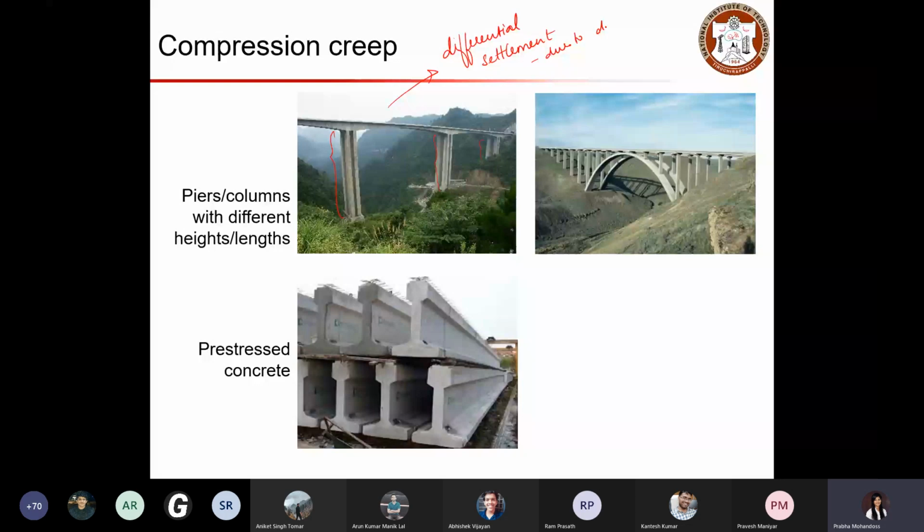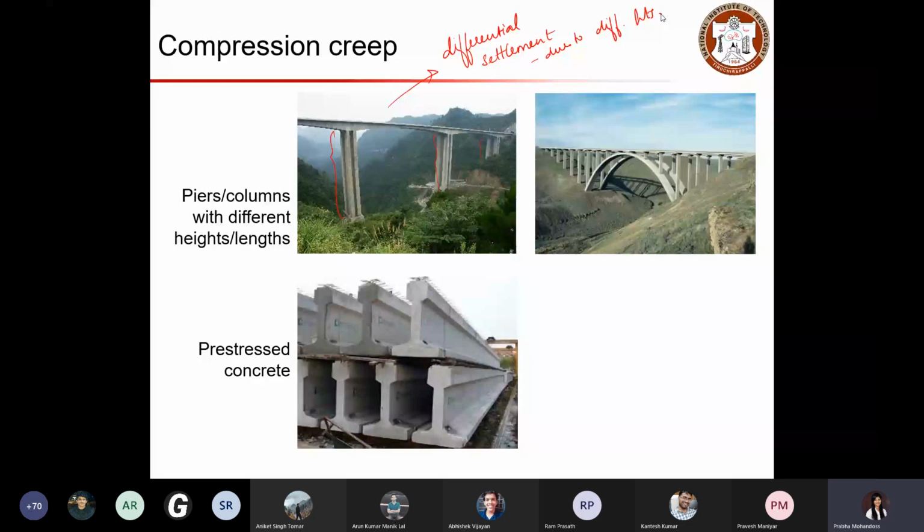When the vehicle is passing, you can see a lot of undulations. The surface will not be uniform, and you cannot experience a smooth ride when you have such differential settlements on your structure. So it is very important to take care that even if the columns are deforming due to creep, the differential deformation should be at the same level, so that you can minimize the differential settlement as much as possible and avoid significant undulation on the surface of your structure to have a smooth ride.